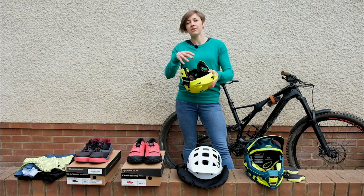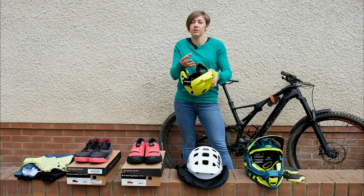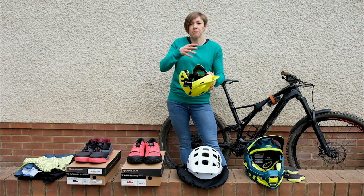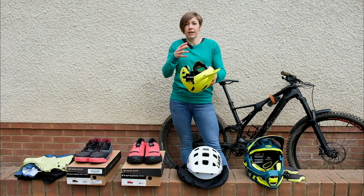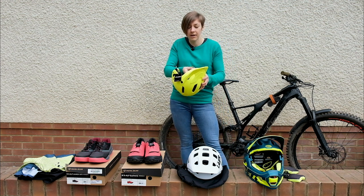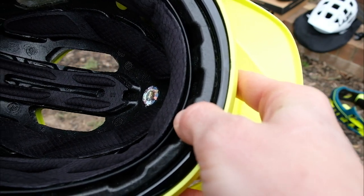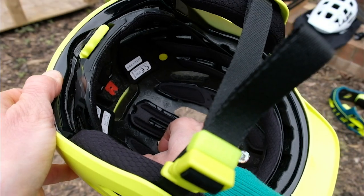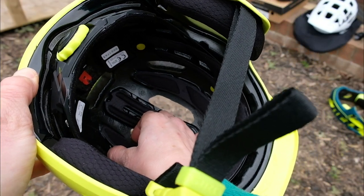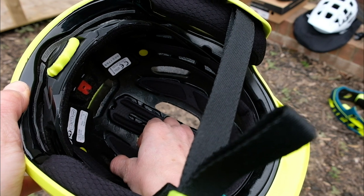So MIPS is the system which a lot of helmets have, which reduces the rotational forces on impact. So it makes that rotation that you might get on impact a little bit slower, and hopefully helps stop you getting any concussions. This one's really interesting because you have the normal padding on the inside of the helmet, and that is fixed to your plastic cradle,